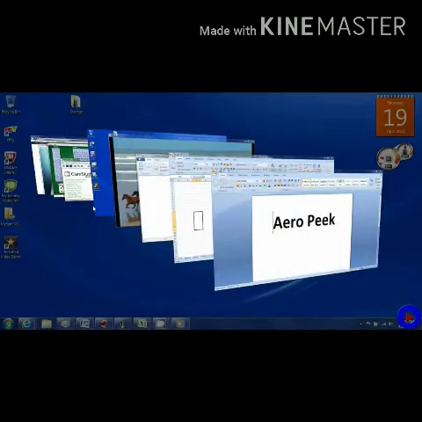Next, show desktop using arrow peak. In the far right corner of the taskbar, there is an arrow peak button. You can instantly minimize all your opened windows to remove them from your screen and view the desktop clearly. It is also called Show Desktop button.